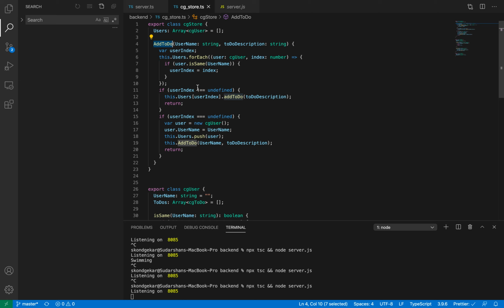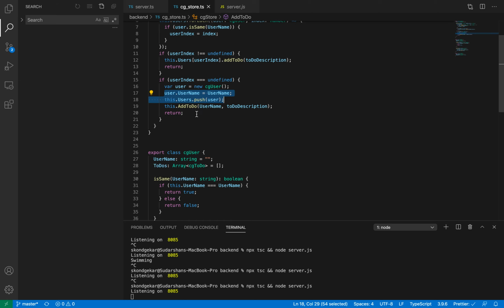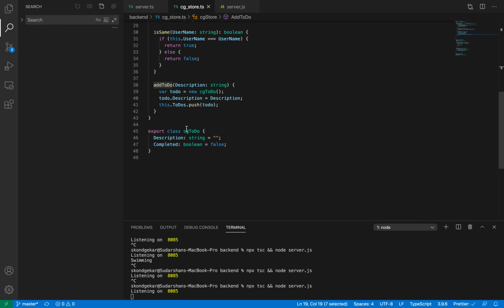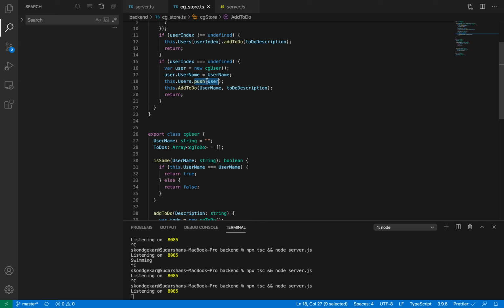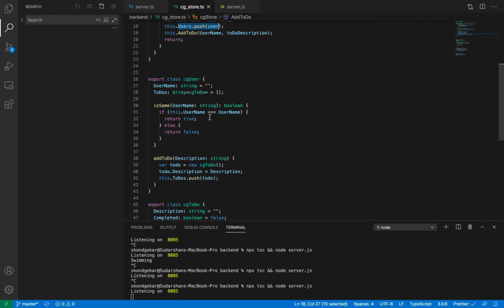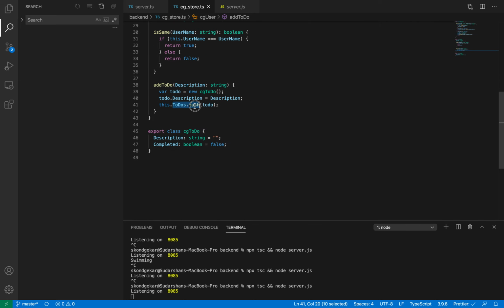I am adding user over here, and I am adding to do over here in this function. So this pushes user in users and pushes to do in to dos. Now it is being done in memory. Memory means RAM, random access memory of a server.